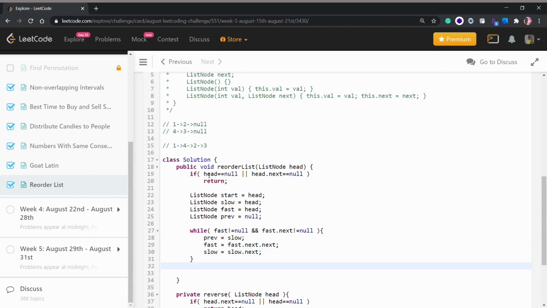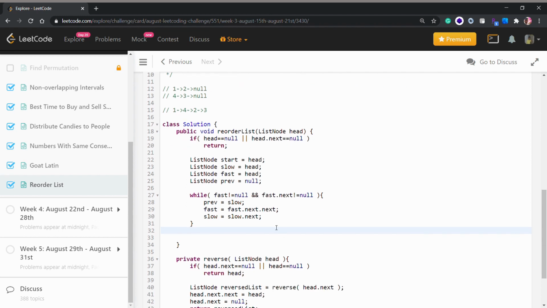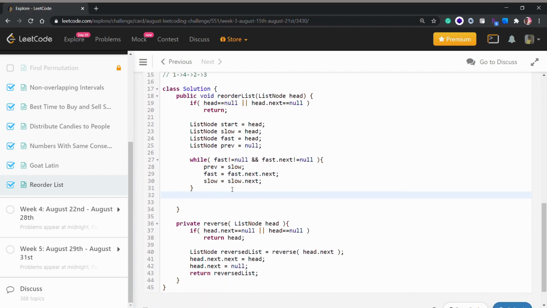What we are doing here is basically moving the fast pointer twice as fast as the slow pointer, and because the slow pointer moves at half the speed of the fast pointer, it will be at the perfect middle point of our linked list when the fast pointer reaches the end.